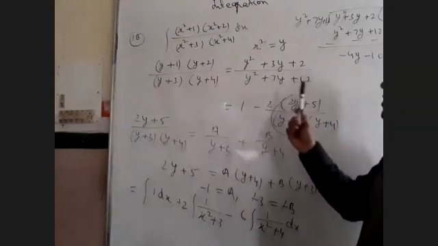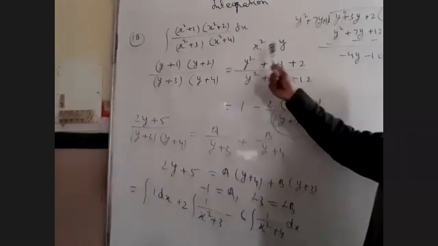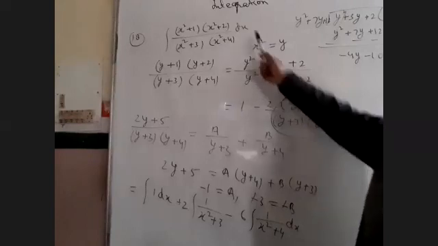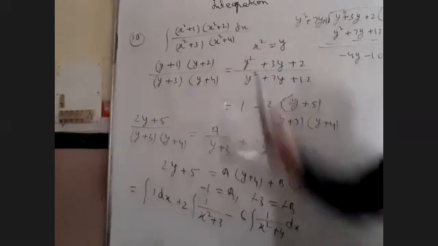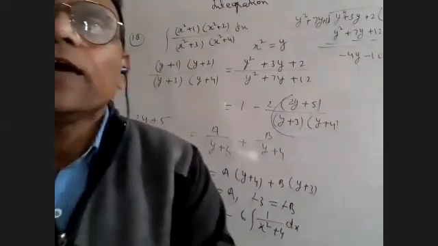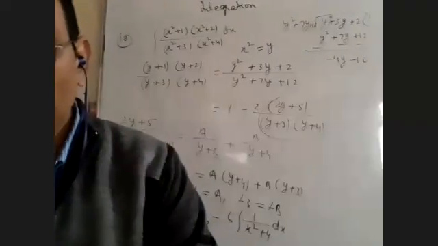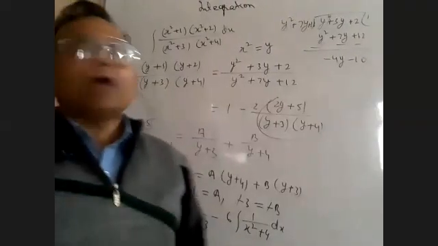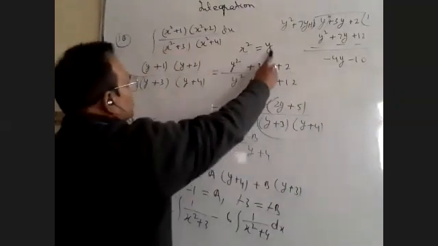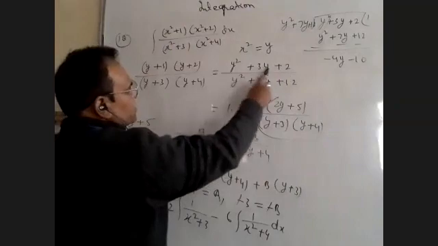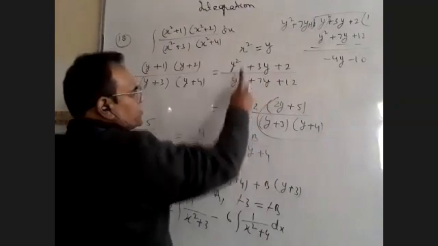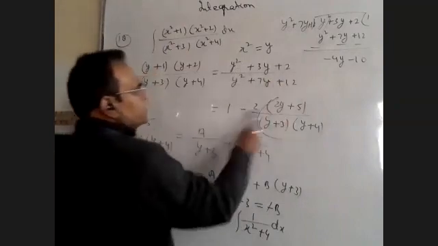Okay, we have not converted the variable. If we want to convert the variable, we have to differentiate also. Because 2x dx, x is not available here, so it was more difficult to write in this form. That's why I have not written in this form. For x square is equal to y, for calculation purpose we have done this. After writing and multiplying we get the degree same, so we divided and converted in this form.